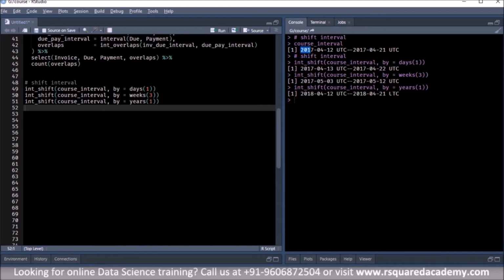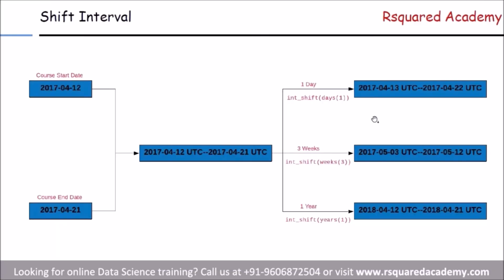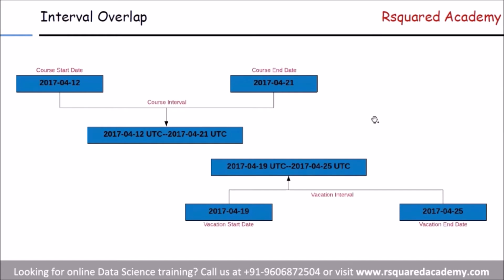Here also same case, 21st April 2017 to 21st April 2018, right? So these are some examples of how you can use intervals, and see if the intervals overlap, you can also shift the intervals, right?